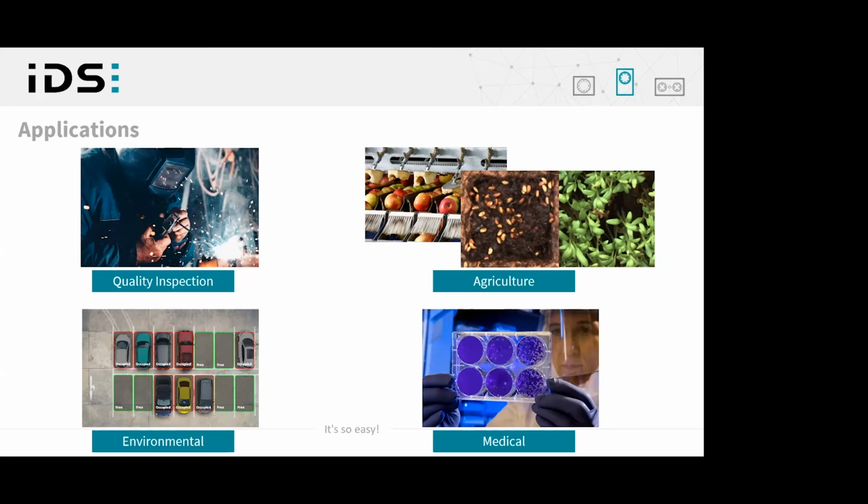It's used in fruit sorting, or we have growth state monitoring of grasses in this case, so that we get informed every time a grass reaches a new state or can even be harvested. Then when we look at environmental monitoring, in this case a parking space,